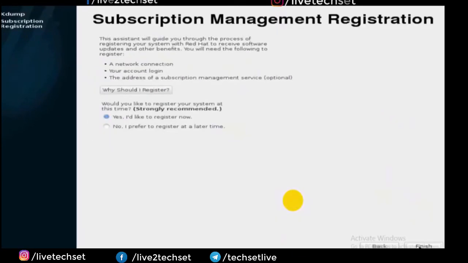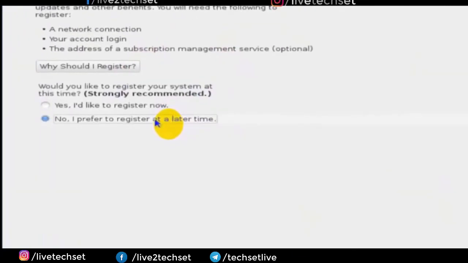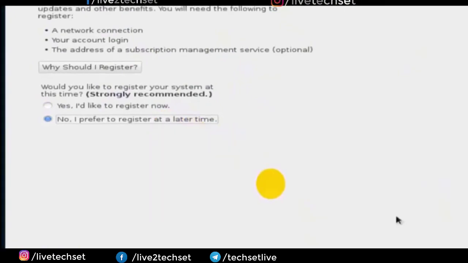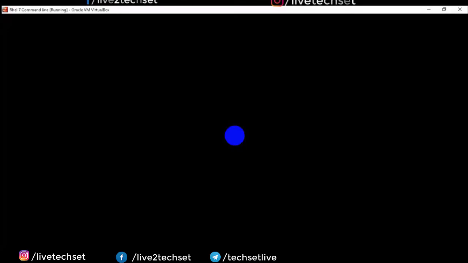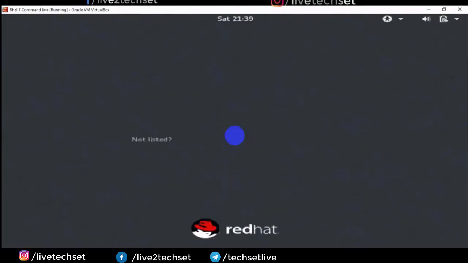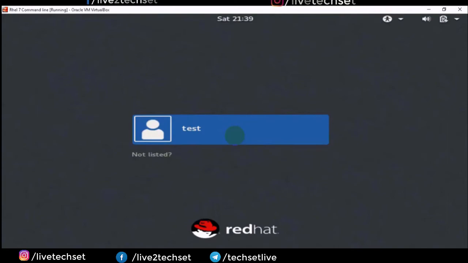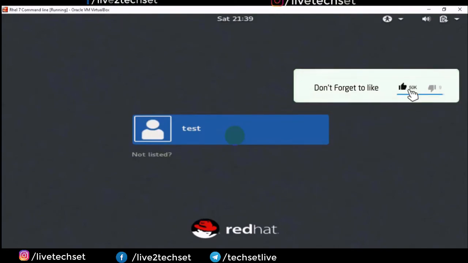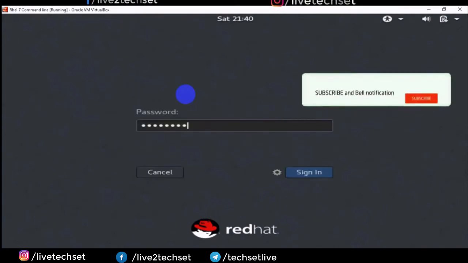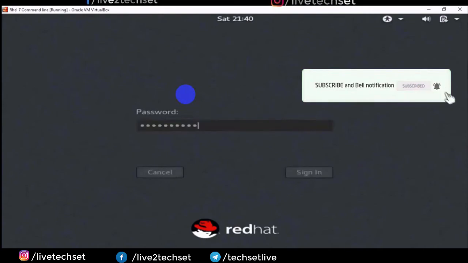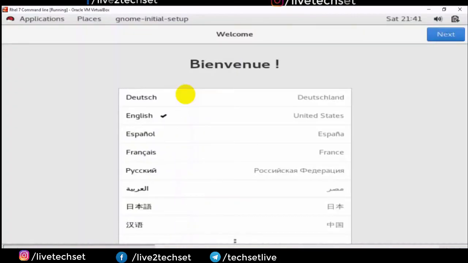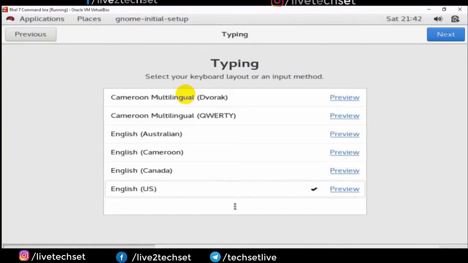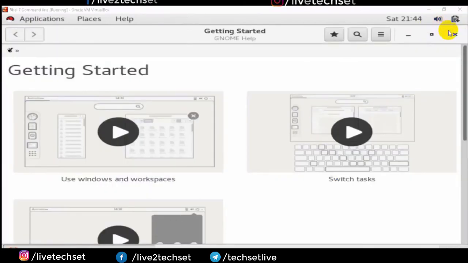Here, if you want to register for the Linux services, then you can. But for now, I'm not gonna register and clicking on finish. After that, it will successfully complete the installation of RHEL 7. Now you will have login screen. You can log in with any user. You can log in with root user or you can log in with test user which you have created. When you log in any user first time, then you will see welcome screen. You can select the options according to your requirement and then click on start.